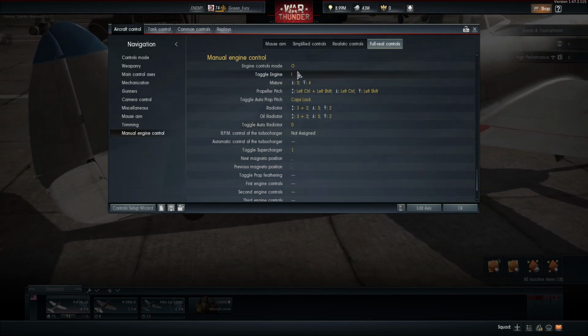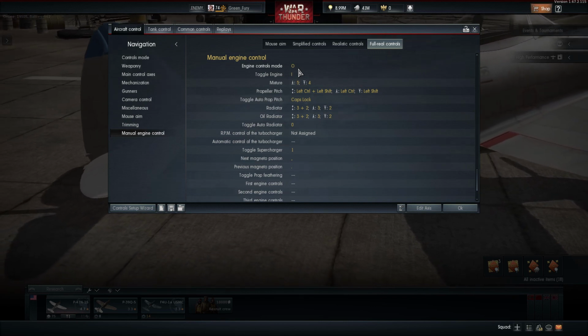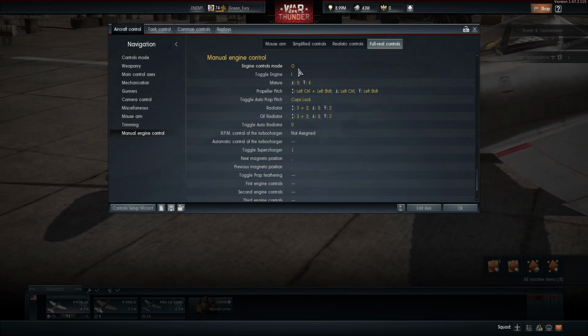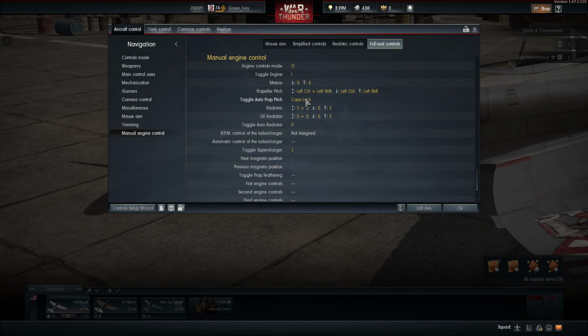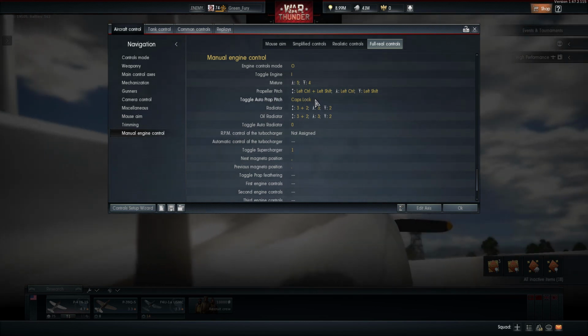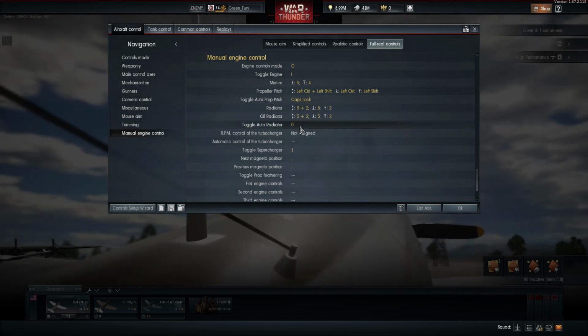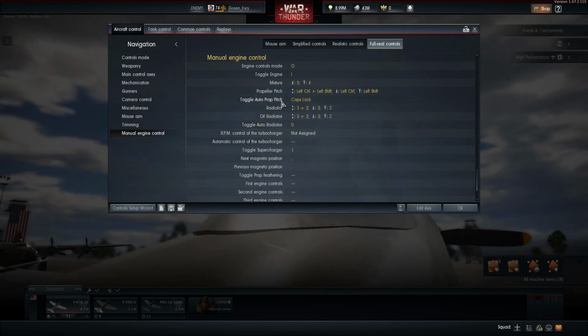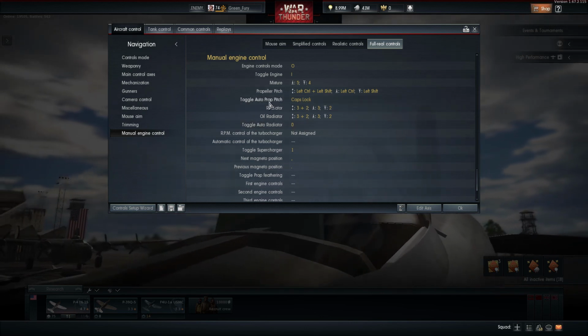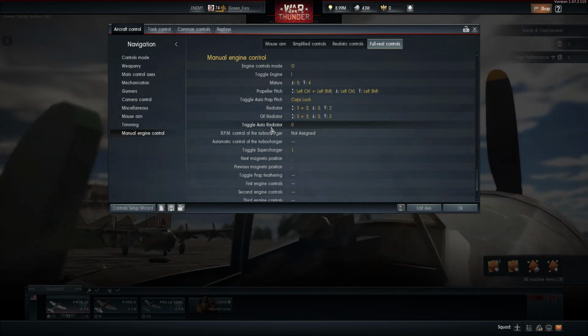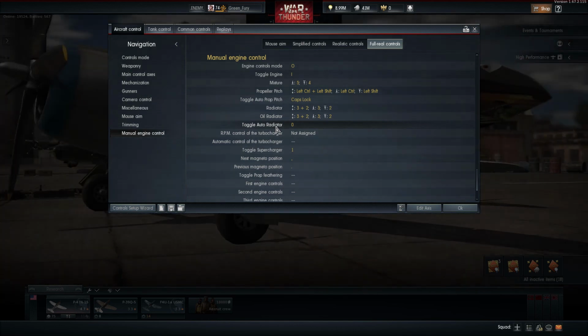After you press engine control modes while you're in the air to activate your manual engine controls, what I do is I click caps lock, then I click 0, so I can activate manual prop pitch and manual radiator controls. Okay,